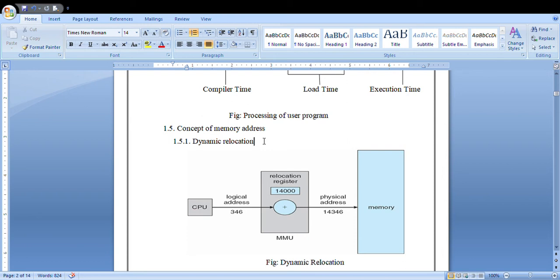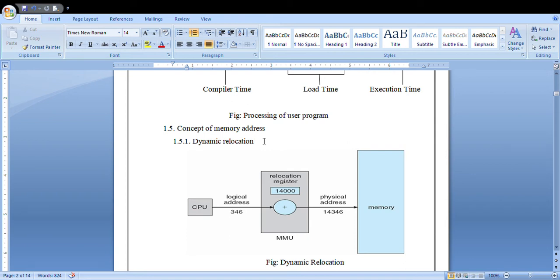You will be manually entering the address space or memory location where the program should be stored. By that time, what happens if the memory location is not free at that moment to store the program? It will get relocated.